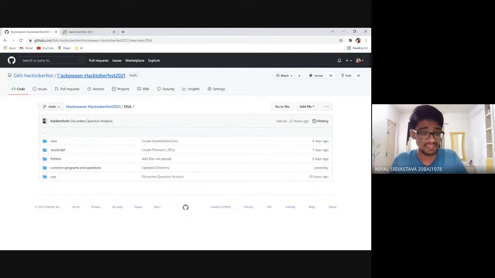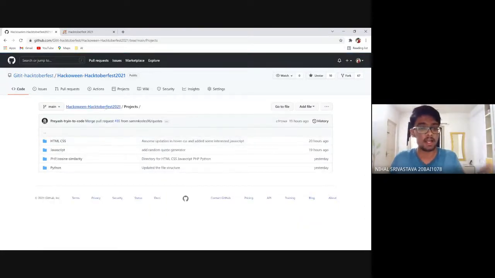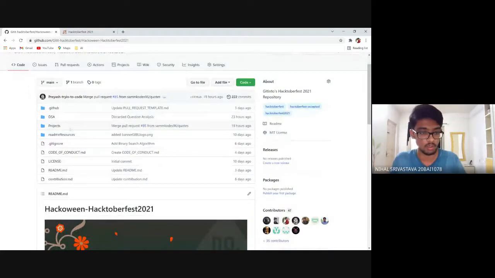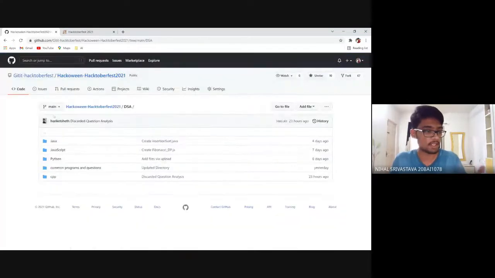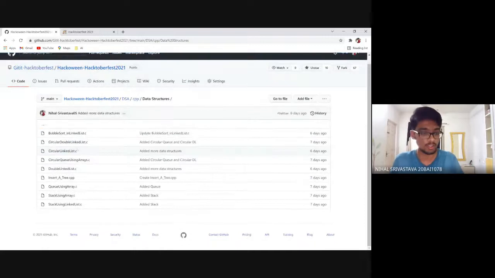A brief about the page we have made: we have split it up into various sections. You can contribute to a DSA project or various other projects that are open. We chose DSA because a lot of you may be studying the subject and may find it convenient to put your code over here, since you may already have the code. So first come over here and fork the repository. Once it is forked, you can open it locally and go to whichever section you want to contribute to. For example, if you have a data structure like a stack written in C++, you can go to the C++ section, go to data structures, and upload your code over here. Once that is done, you can open a pull request, and we will surely review and then accept it.